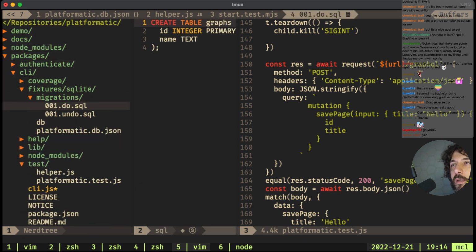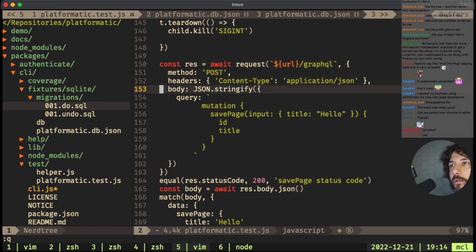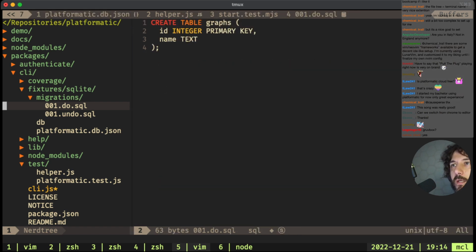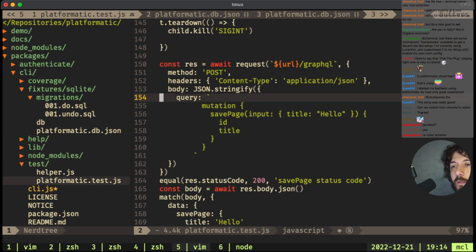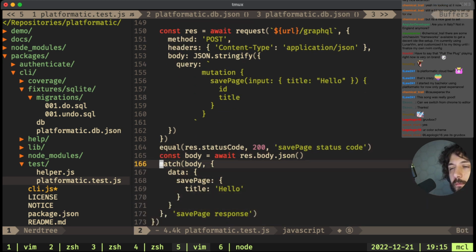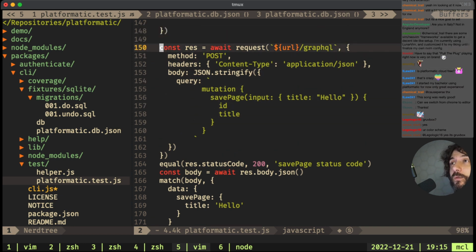Migrations. What does it create? Graphs. Okay. A name. Oh, your color scheme. Yes, I think so. Maybe. Yes, it's Groovebox. Yeah, thank you. Somebody else knows my color scheme and I don't.